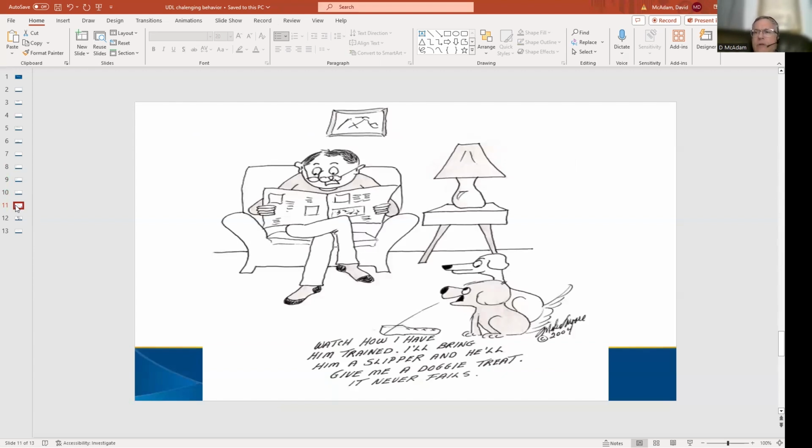I have a couple cartoons next that illustrate this concept. It's really important when you think about the function or purpose of challenging behavior, you consider it as a two-party interaction. So in the case of your classroom, it could be you and the student, it could be you, the student and a peer, it could be the student and everyone in the immediate surroundings, so everyone in the